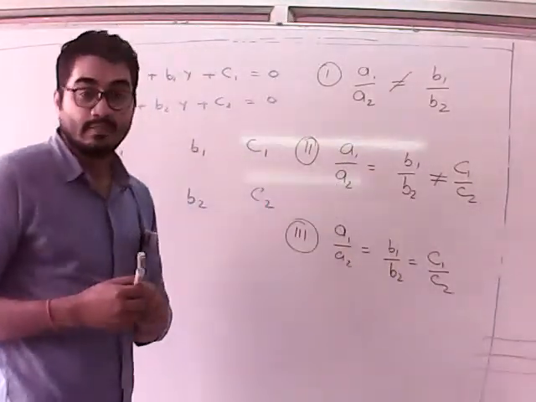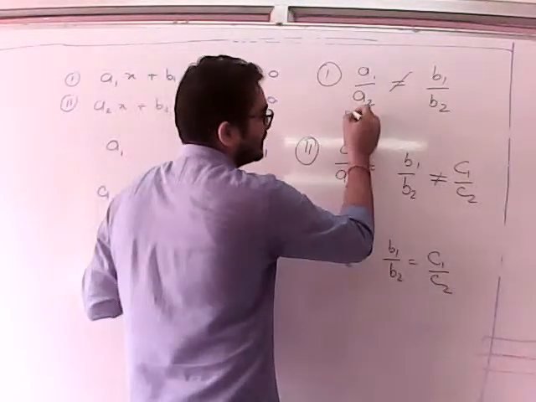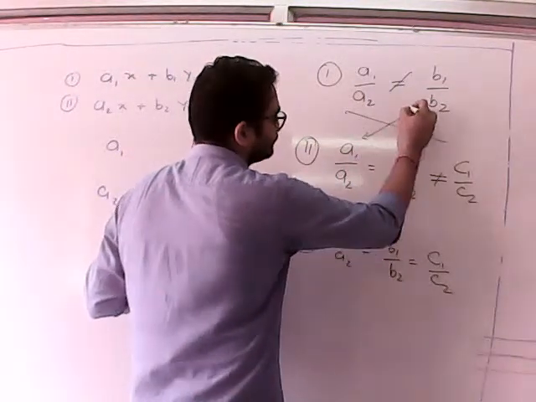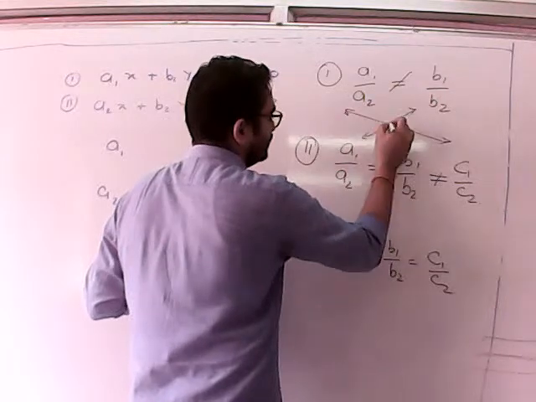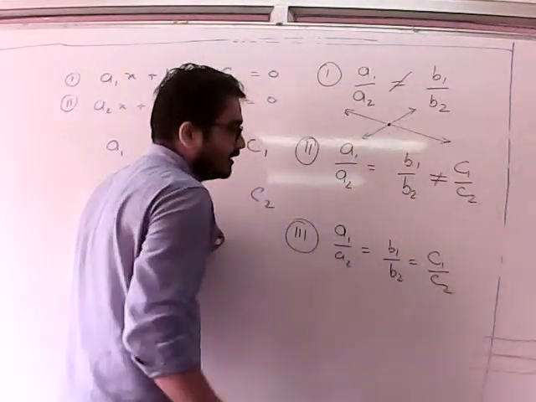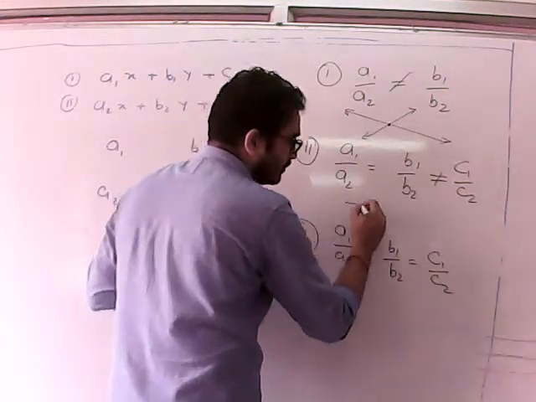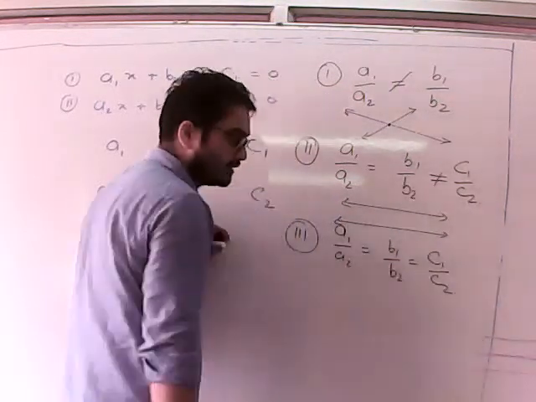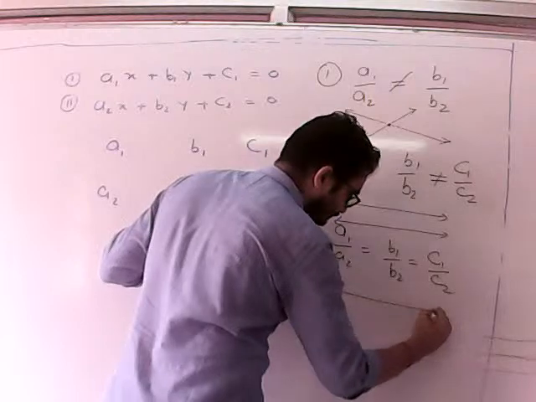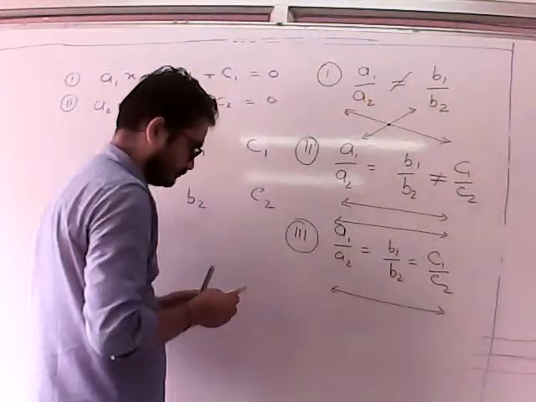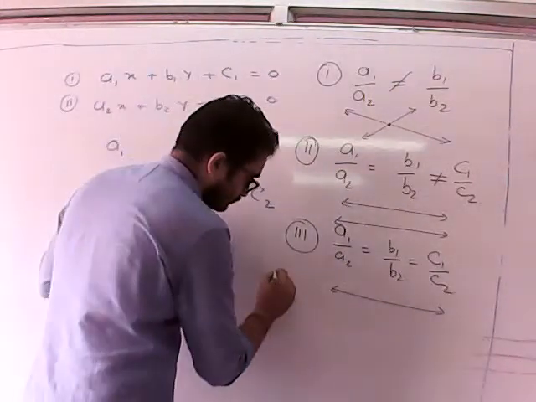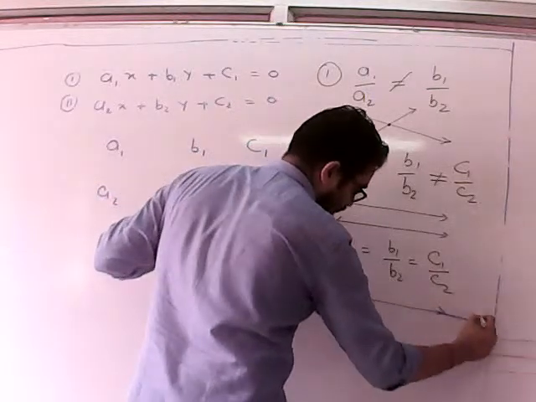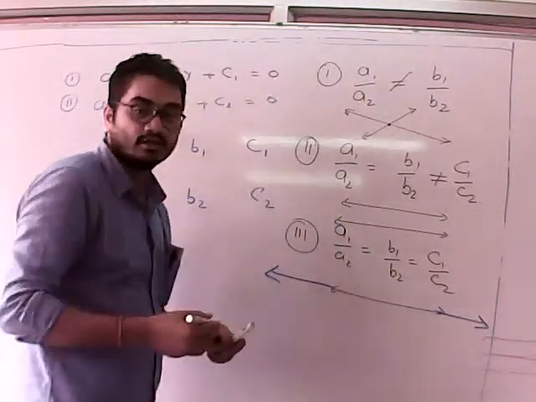मतलब अगर इसको मैं रिप्रेजेंट करूं ग्राफिकल वे में, तो इसका लाइन ऐसे होगा, वन सॉल्यूशन। इसका लाइन कैसे होगा? नो सॉल्यूशन। और इसका मेनी सॉल्यूशंस।